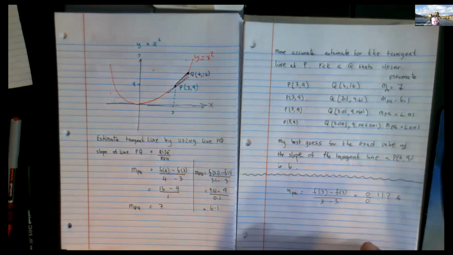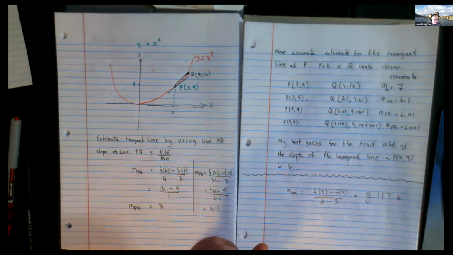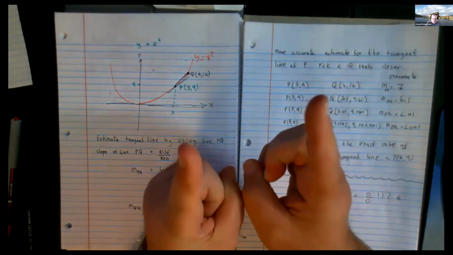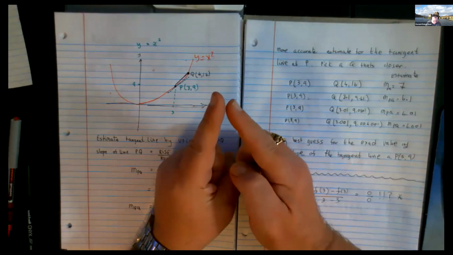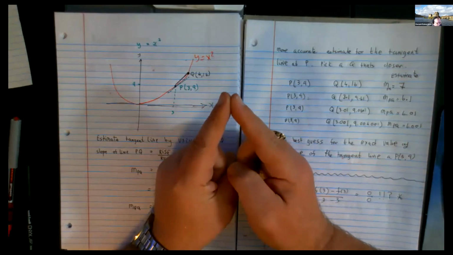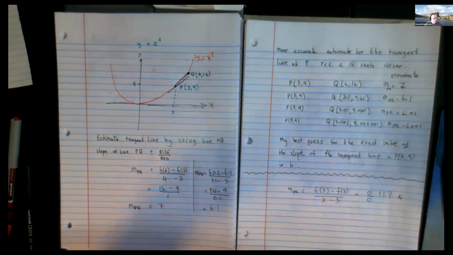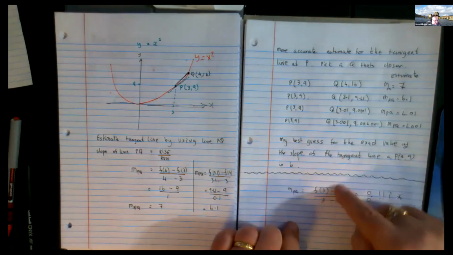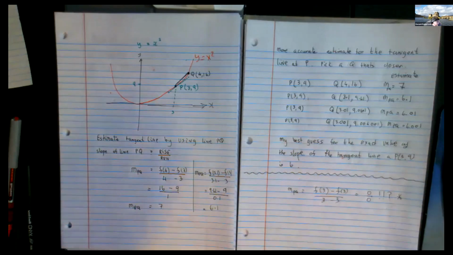They tried to figure a workaround for making P and Q the same. You can't make them the same, but what you can do instead is, imagine my fingers are P and Q, can't you bring them so close to each other that they're no longer able to tell the difference in any practical way? And that process is called limits. We use this process called limits to do the equivalent of making P and Q the same. They're not going to be the same, but they're going to be so darn close it won't matter. And that will give us our answer. Right, and in case you forgot,